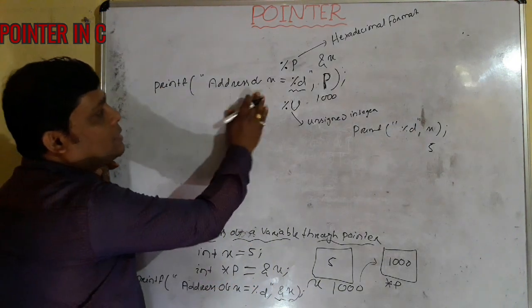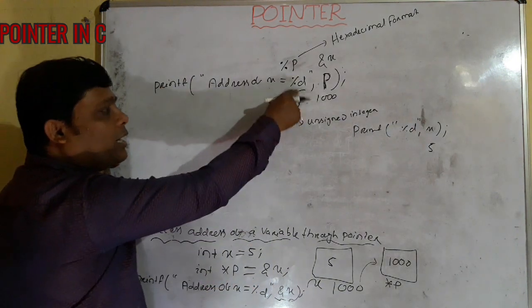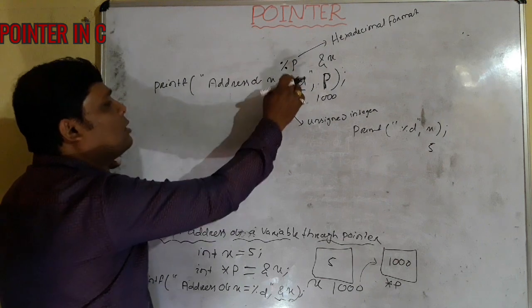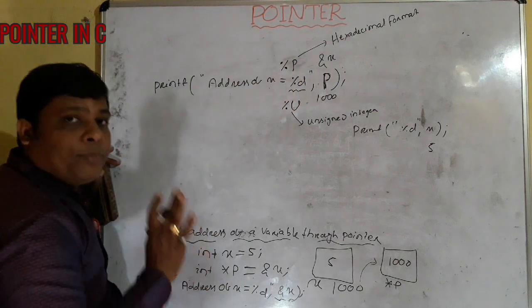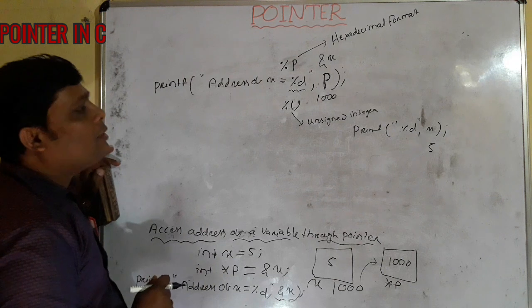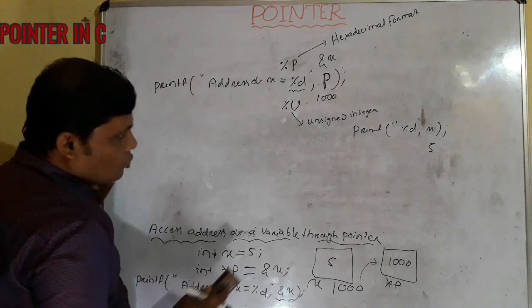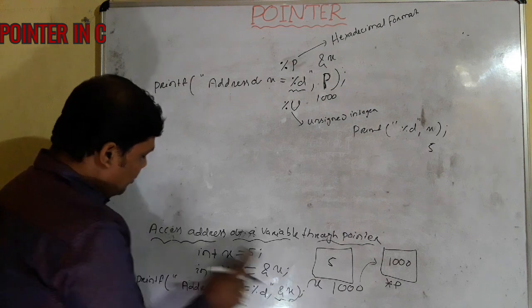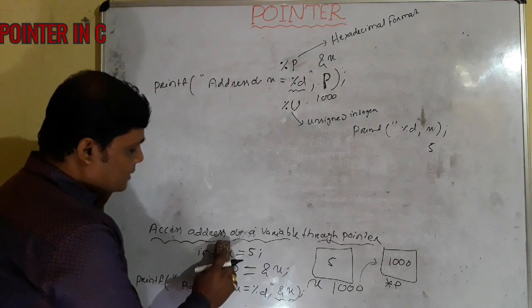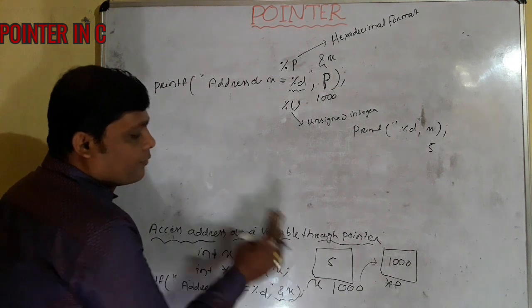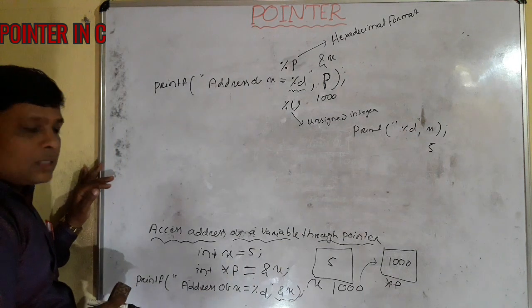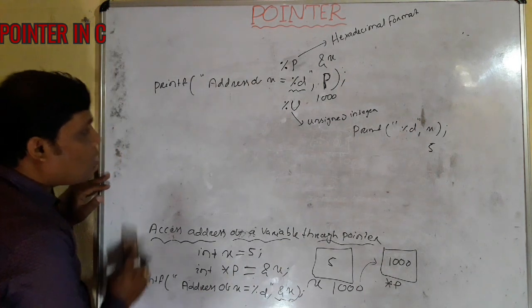Clear? So for address, to display the address, you may use %ld, you may use %lu, you may use %p also. Clear? So for this example, we got how to access what? Address of a variable through pointer. Clear? Then how to access